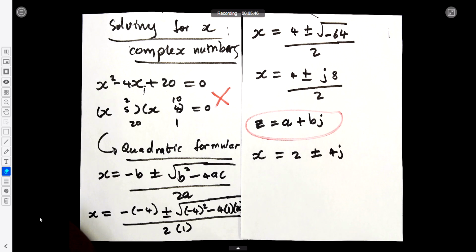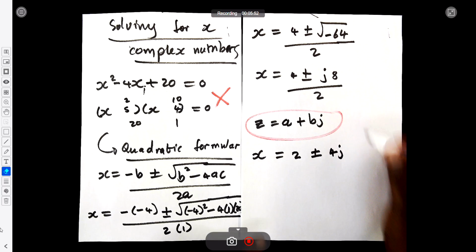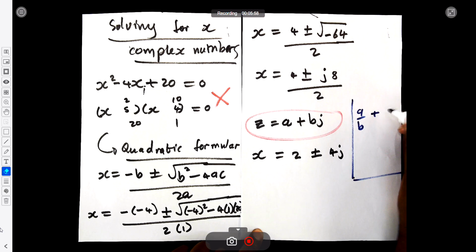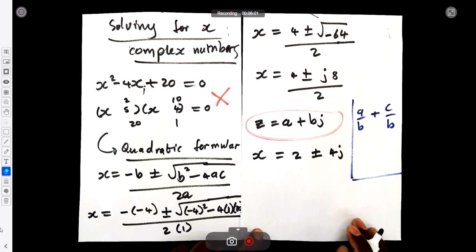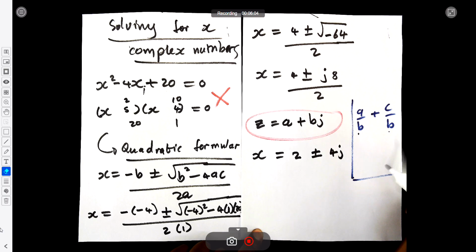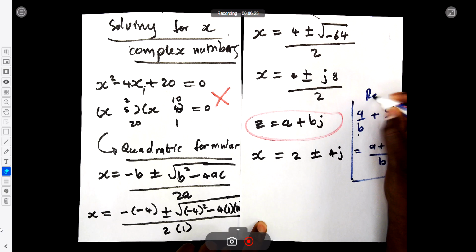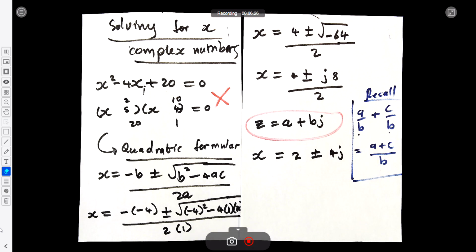So please don't forget your rules of fractions. In fact, let me write it down. So I'm recalling here we applied fractions because we know that a over b, let's say plus c over b, the rule says that if the denominators are the same, we are going to do what? We add the numerators and take one of the base. So we have b, which is the LCD, and then we add the numerators. And even when we split again, it must be a divided by b and c divided by b. So you see, you have to recall another part here, the rules of fractions. So hence our answer, it is 2 plus or minus